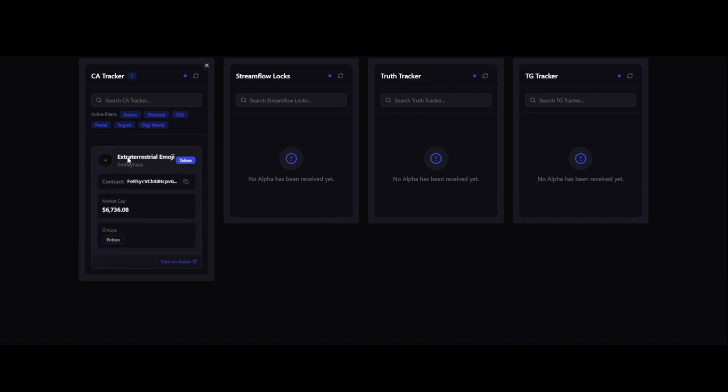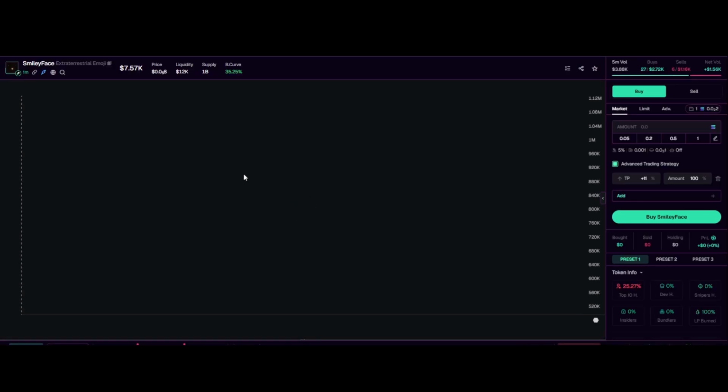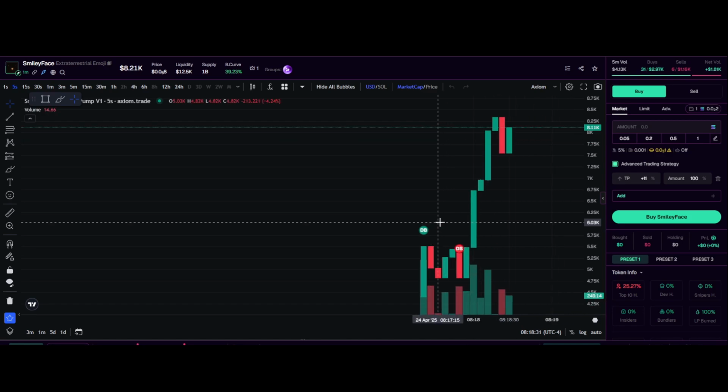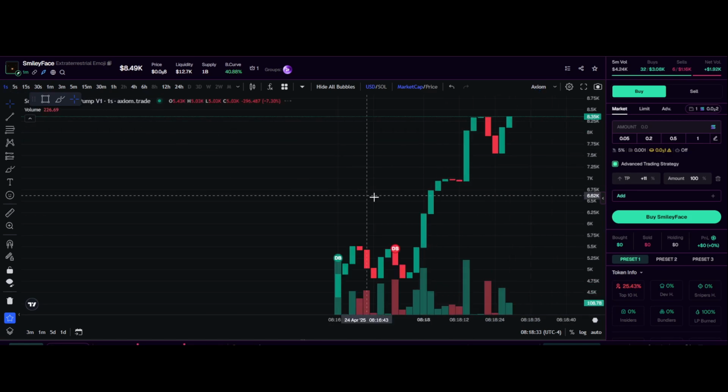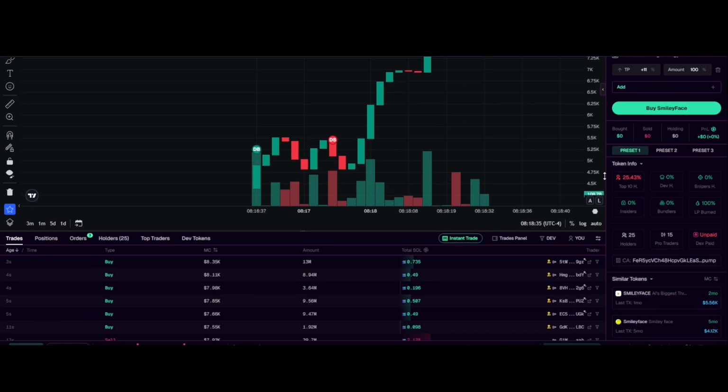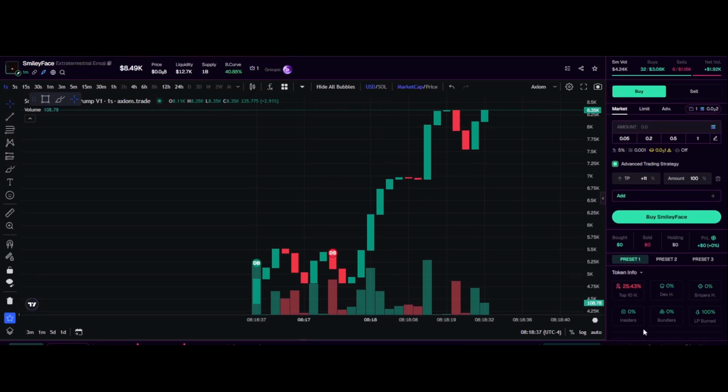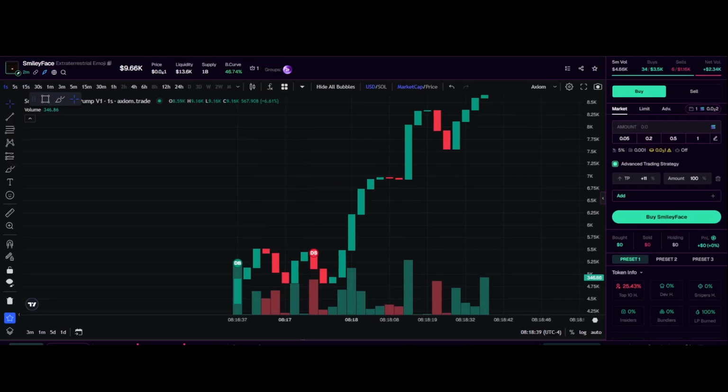Put in your second. See, as soon as it happened, as I'm talking. It's been talked about in Potion. The contract's been pasted in the alpha chat. It's probably been scanned, and like Rick or Bagetsu bot has popped up the information about the coin. Click it, and there you go. And on a 1 second chart, it's showing you, and you can check to see it's been 25% holders.